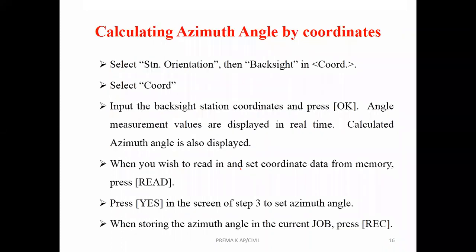Next, calculating azimuth angle by coordinates. So as I said, the azimuth angle can be fed by two methods. One by directly inputting the azimuth angle. Next one is by calculating using coordinates. So select station orientation, then backside. Under coordinates of key, you have to select coordinate, then station orientation, then